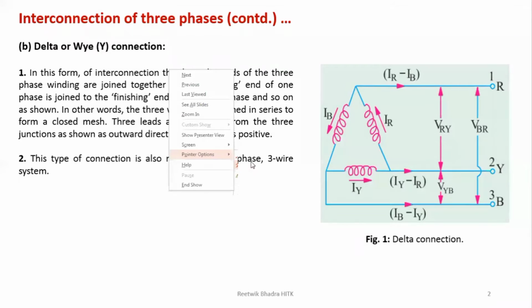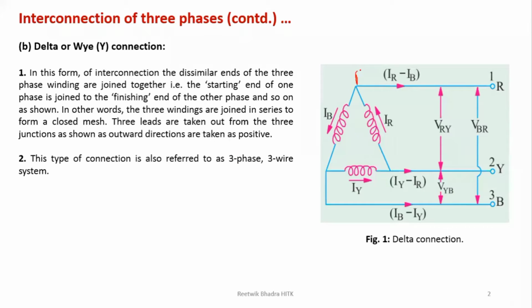That means what I'm trying to say is, suppose this is your R1, this is your R2, this is your Y, right? This will be your Y1, this will be your Y2. So Y1 will be connected to R2, dissimilar ends. So Y2 is over here, so obviously it will be connected to B1. Similarly, this point will be B2, the other terminal. B2 is connected to R1. So 1 connected to 2, 1 connected to 2, 1 connected to 2. So this is how your delta connection is done. And obviously these three terminals are taken out to connect three-phase loads at the output.